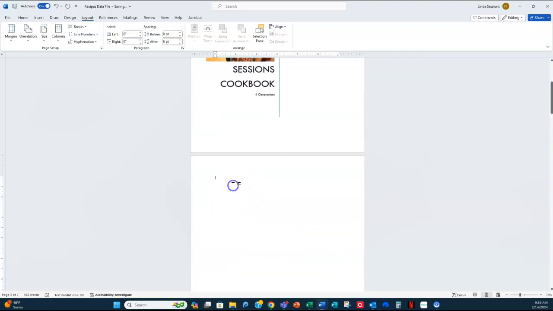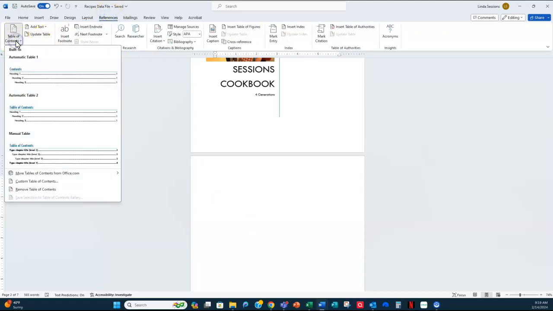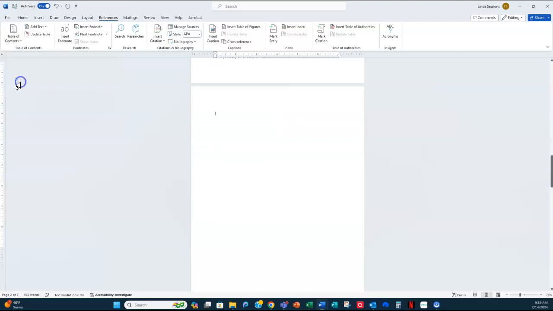I'm going to come up here to the blank page, and now I am ready to enter my table of contents. This is where the magic happens. I'm going to go to the References tab, Table of Contents. There are some automatic ones that are built in. You can do a custom one. We're going to just come to the automatic Table 1, select that,